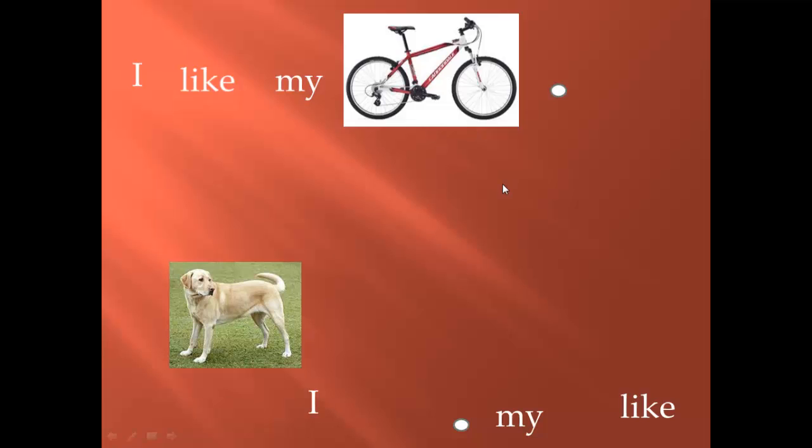Now we need to build the sentence, I like my dog. Okay, so find I. Very good. Right there's I. Find the word like. Right there's like. Bring it on over. So I like my. Find the word my. Right there's my. If you were pointing there, you've got it. Now you need to find a picture of a dog so we can finish my sentence. I like my